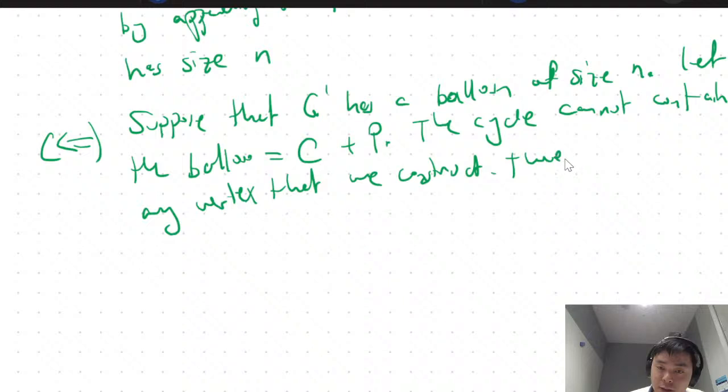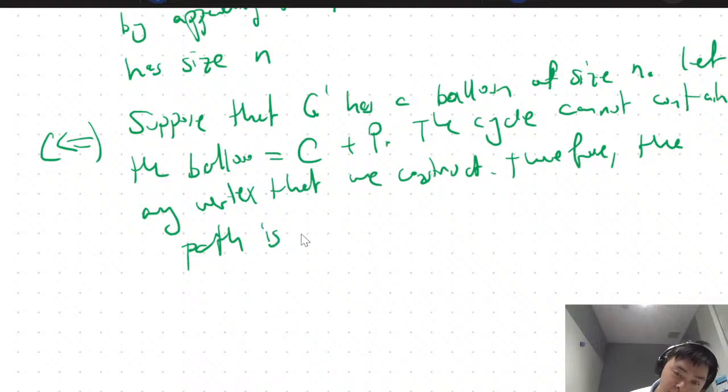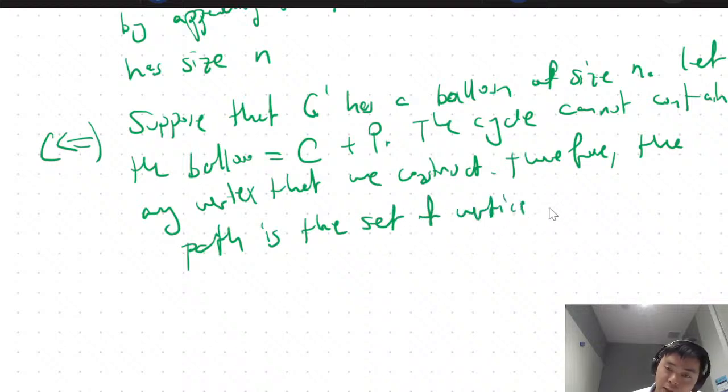Therefore, the path is the set of vertices that we constructed,